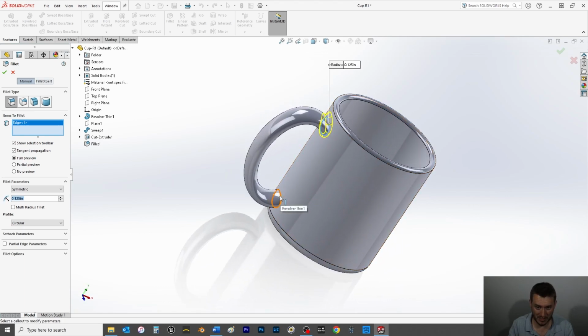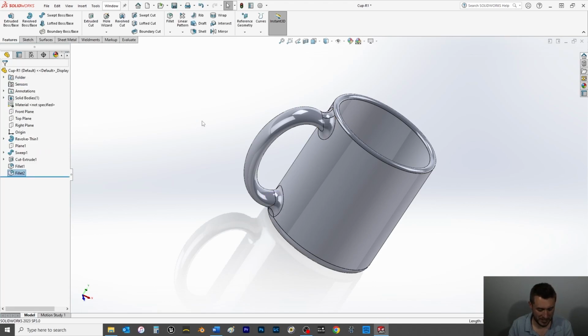So we want this one and this one here, and then our dimension will be, radius size will be 0.25, enter, and click OK. Hit Control S,